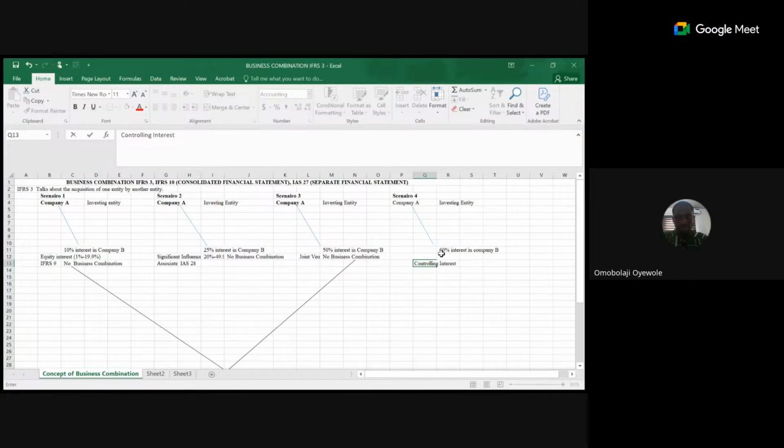So a controlling interest will exist when the range of percentage of interest the investing entity is acquiring over